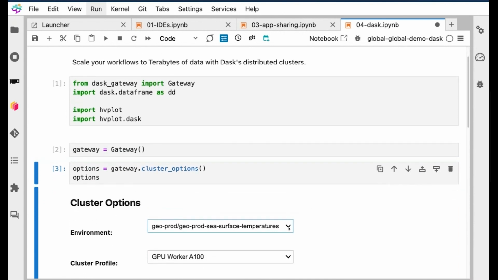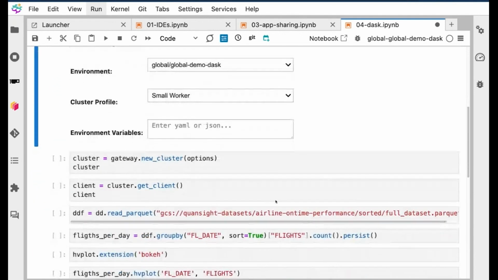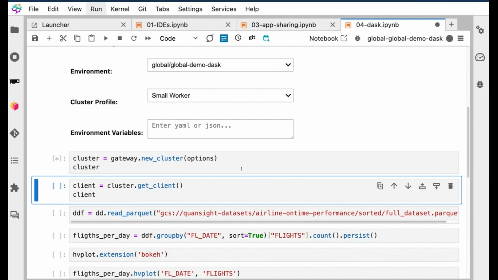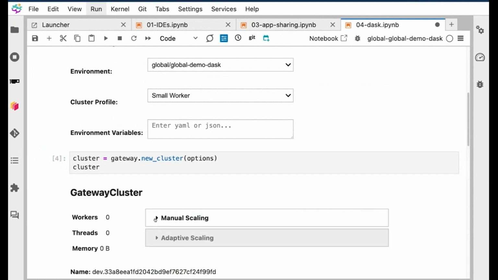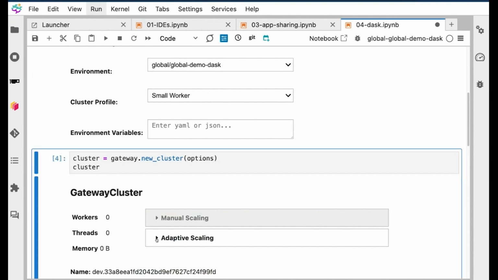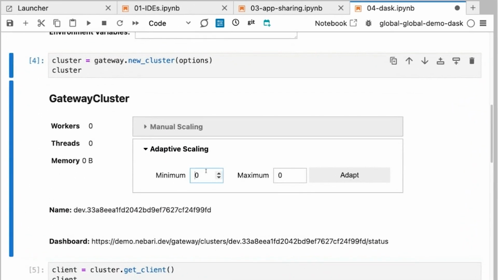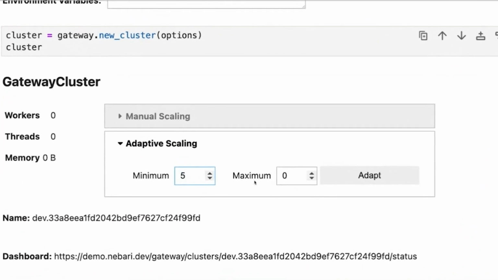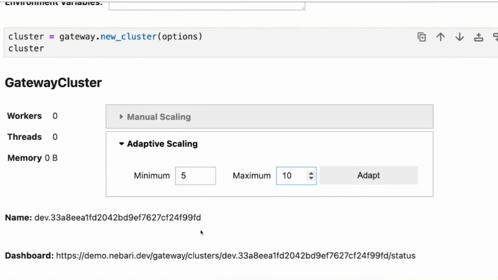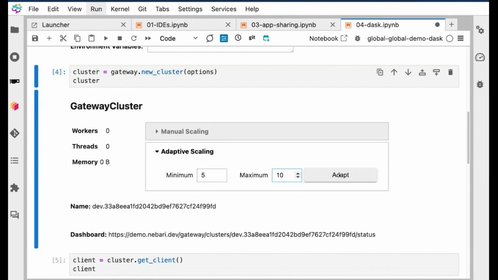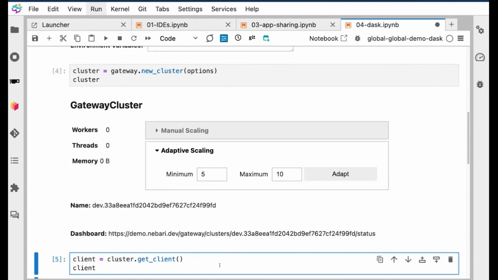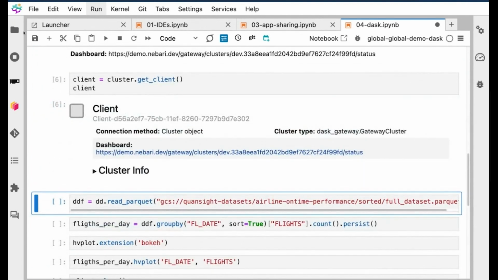I'm going to choose again an environment for this to run in, a software environment. I'm going to choose small workers here, just since this is an example. And I am going to ask for a cluster of machines. And this will give me back a connector. And here I'm going to say, I want at least 5 machines, and I want it to adapt to 10. And so as we do the compute, it's going to ask for more machines